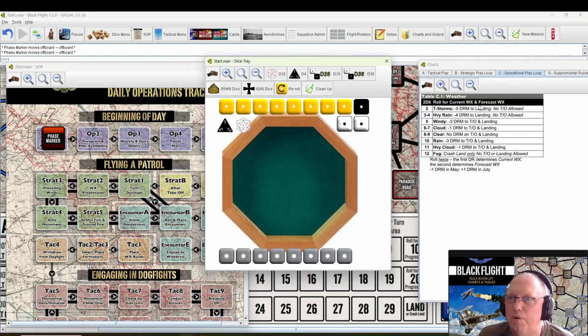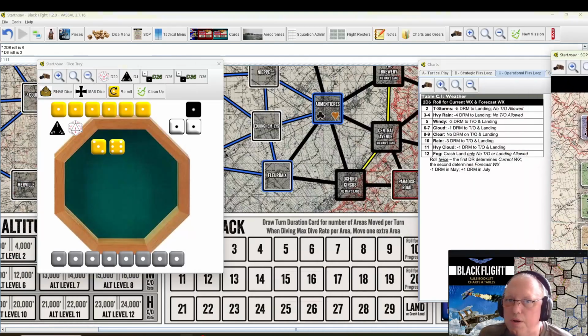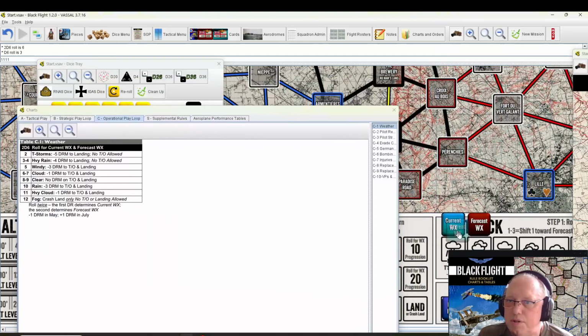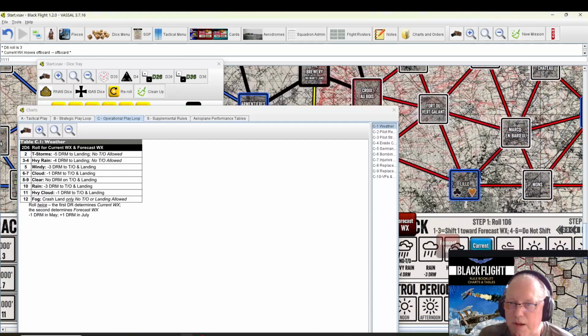The weather. Roll for current weather forecast, weather effects, and forecast effects. Roll twice. We are in May, so we're going to be subtracting 1 and we're rolling 2d6. So 2d6 right there. 9 goes down to an 8. Is clear. Good. Because a couple of the missions I started, and you ask why I keep starting. The problem with Vassal is every time you make a change, if you save a game, most of the changes won't take effect in the